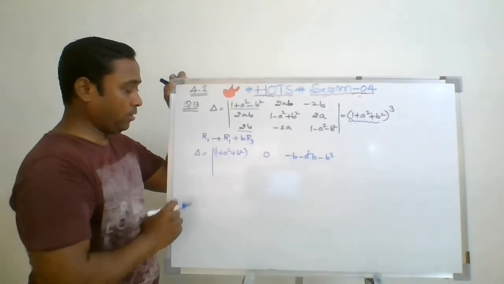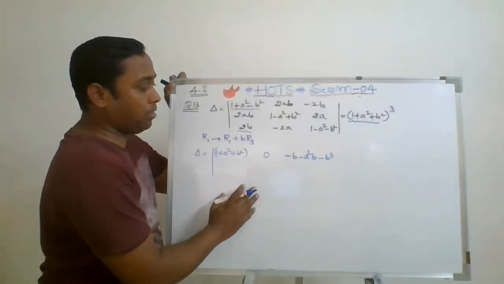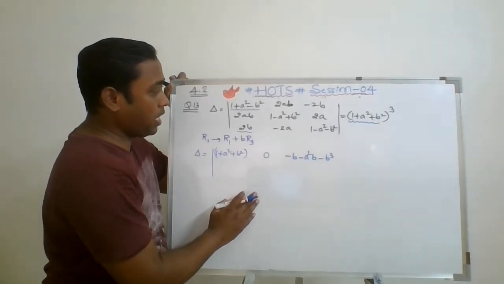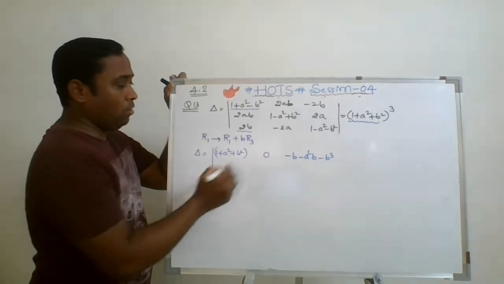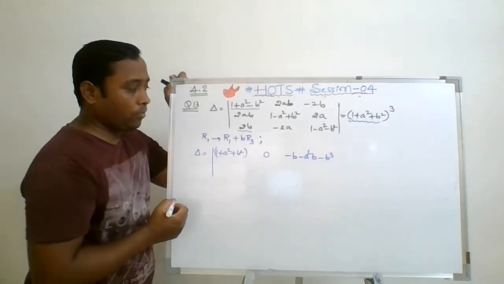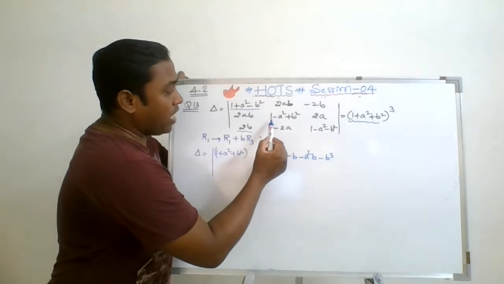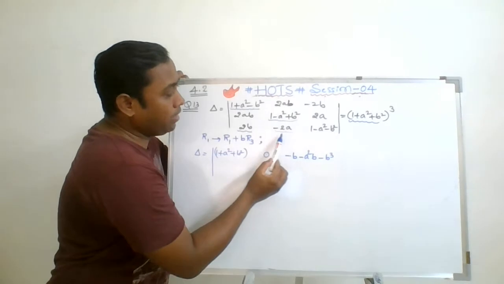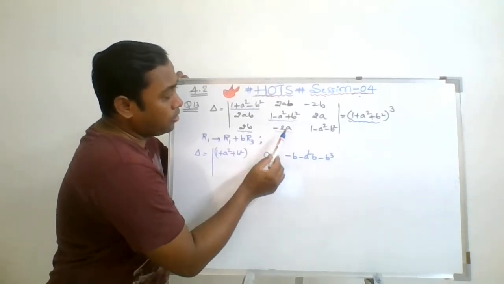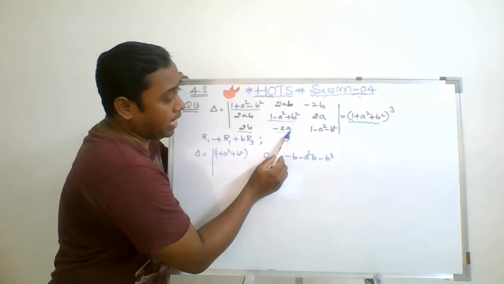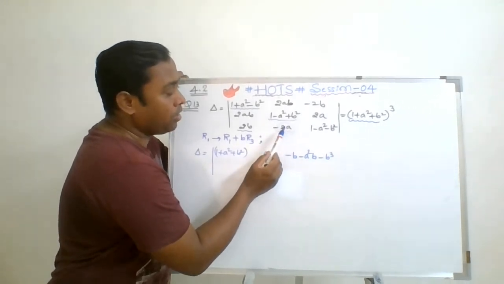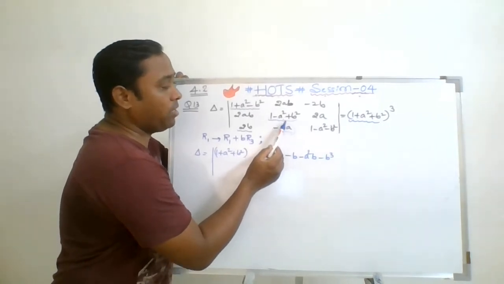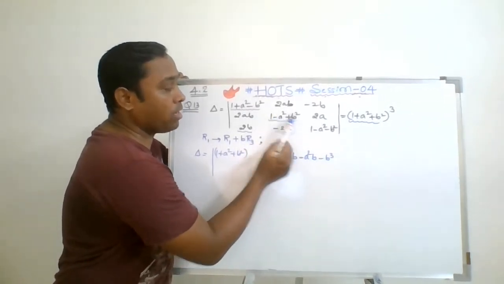Okay, after applying this operation, R1 will become like this: minus 2b plus b minus ba square minus b cube. That's it. Now, after applying this, there is another chance to make 1 plus a square plus b square. Here, if I relate these two elements, so if I multiply this element with a, it becomes 2a square. So if I subtract this 2a square from here, I will be able to get one more a, 1 plus a square plus b square.